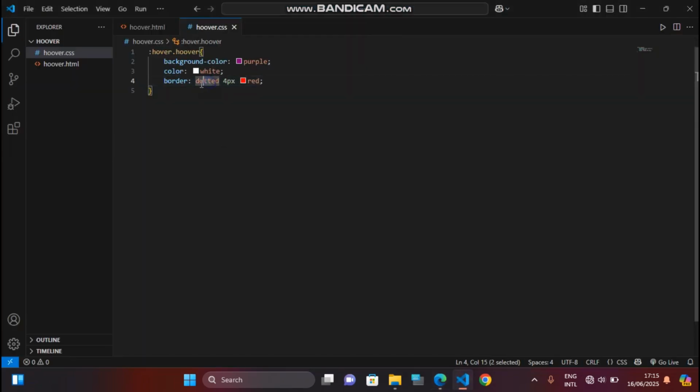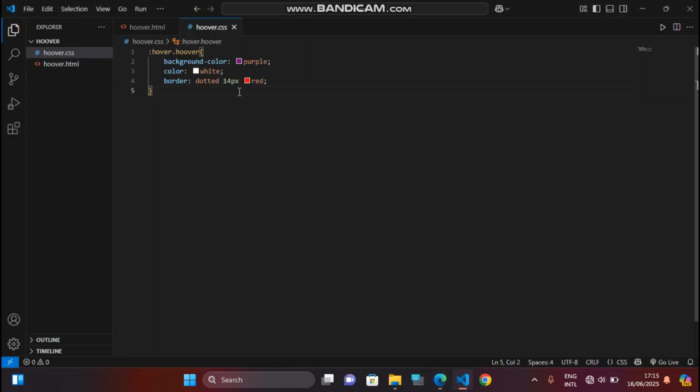So that's what this stands for. This is border style. Now this is border width. If I decide to add 1 in front of the 4, you clearly see the difference. You can see that it's a lot bigger now. Understand? This is border width, and then this is the border color. I don't need to explain it. So another way of writing this, let me comment this out, is saying